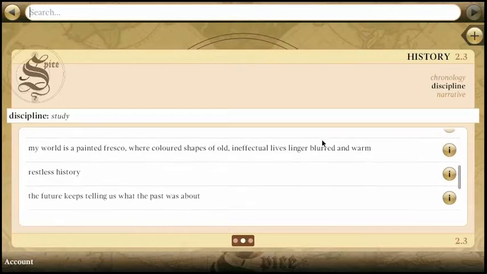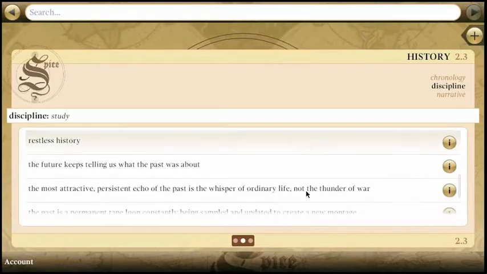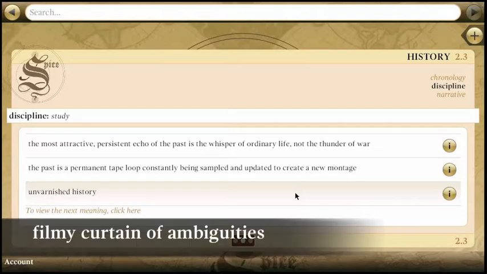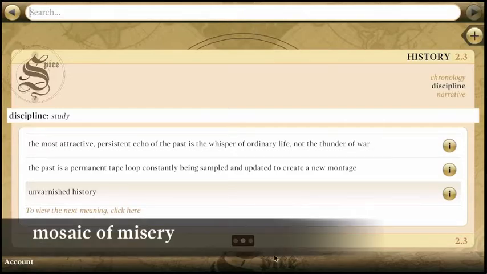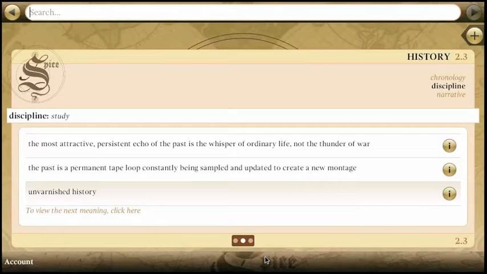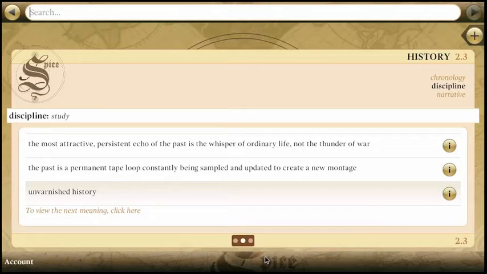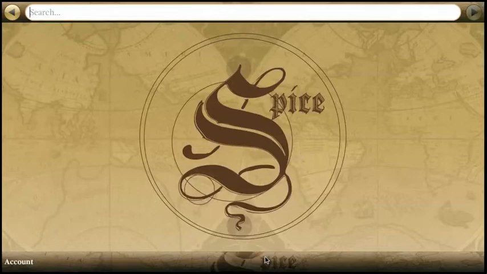Okay, so pulling from these phrases, you could write a pretty solid introduction covering the lack of primary sources for Assyrian history and how that is bound to affect our current view. Through the filmy curtain of sources, you have pasted together a mosaic of ambition, war, and squalor. Later in the paper, you could talk about the outlived doctrines that dictated the lifestyle and decisions of the average Assyrian. In conclusion, you could write about how a retelling of the Assyrian Empire cannot be unvarnished no matter how many primary sources are discovered, because every past event is informed by the customs and culture of today.